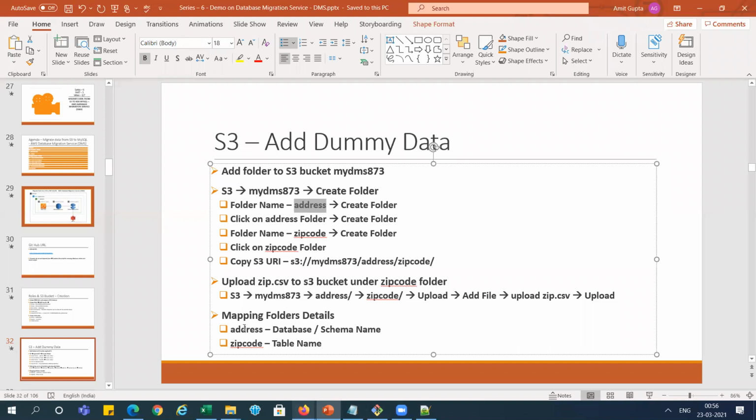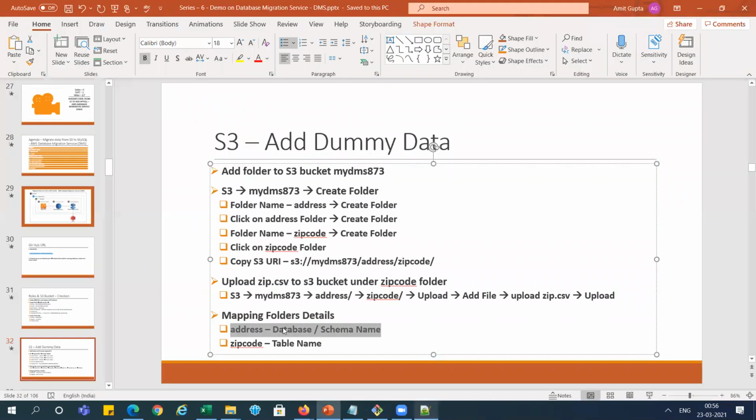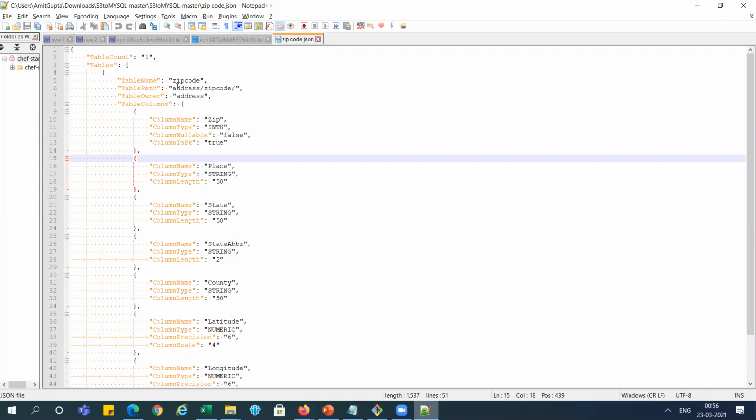You can see the mapping: address is just like a database name or schema name. Our data has address as the schema name, the table owner. And the second one is zip code. Zip code is the table name, right?